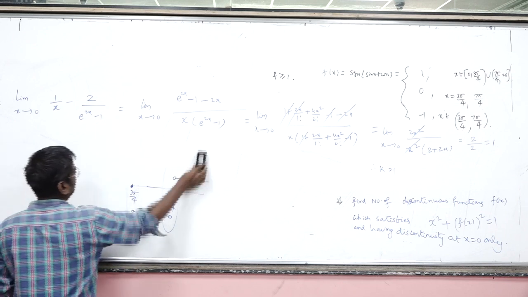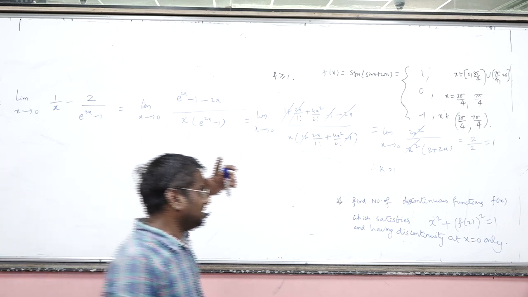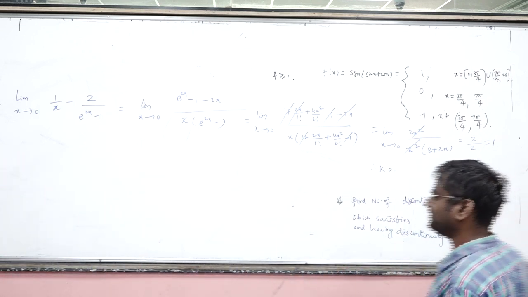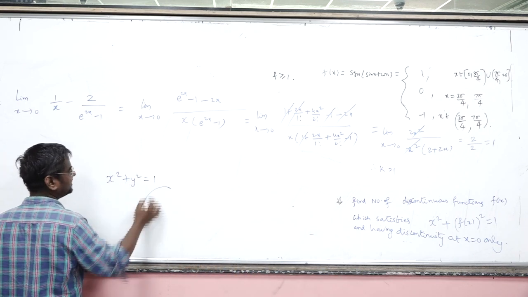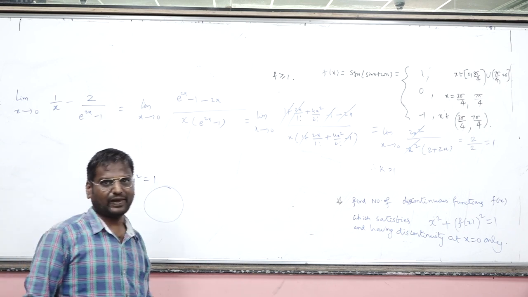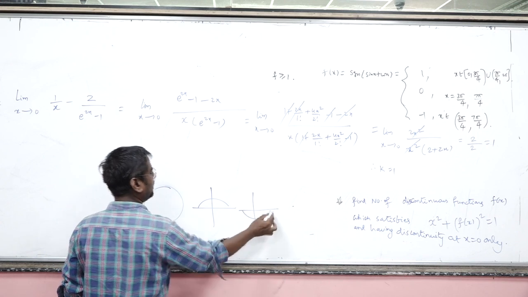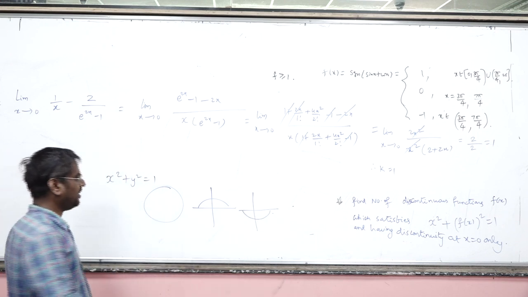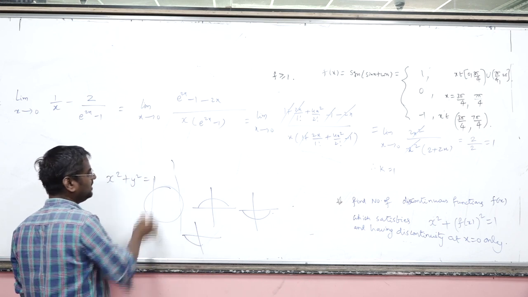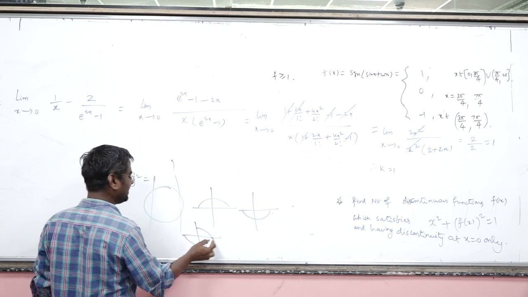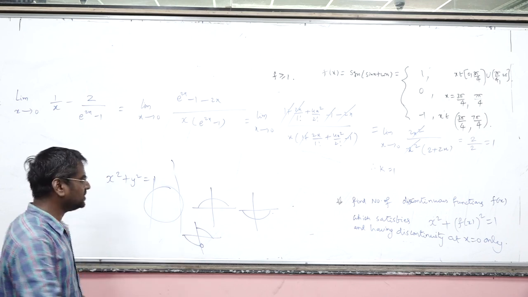Okay. And the last one, this is a little tricky. Give the number of discontinuous functions satisfying x square plus f of x whole square is 1. As soon as you see this equation, it is like x square plus y square is 1, which is a circle. But a circle is not a function, right? So the function part you can get is only either the upper semicircle or the lower semicircle. Or you can break it like this so that a vertical line should not cut at more than 1 point. But then the function can't have two values, so it has to be discontinuous here, right? So this is the central idea.